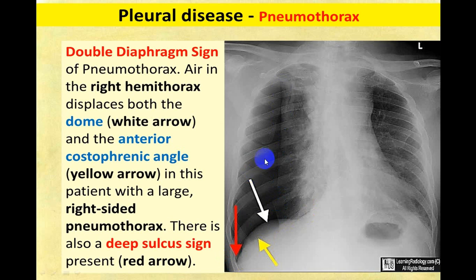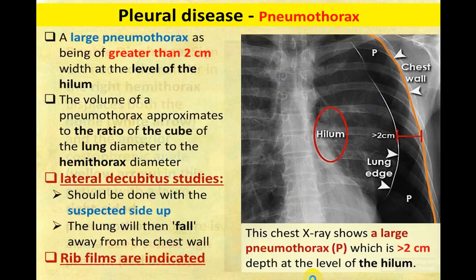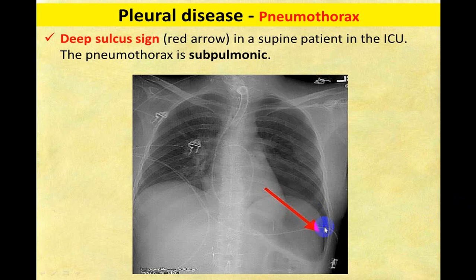So this is pneumothorax. But this pneumothorax is not adequate enough to push the mediastinum and trachea to the opposite side. But in a case of tension pneumothorax, you will see the entire mediastinum is pushed to the opposite side. You can see the border of the lung here. It is already marked by white lines. This is the hilum. And beyond this line, you cannot see the vascular marking. So this is pneumothorax. You can see a deep sulcus sign. And see this side. There is a pneumothorax here, producing a deep sulcus sign.